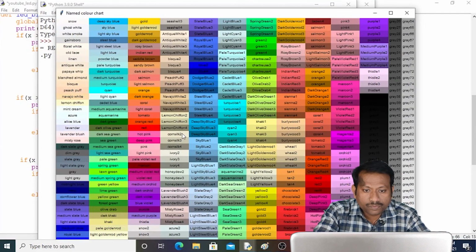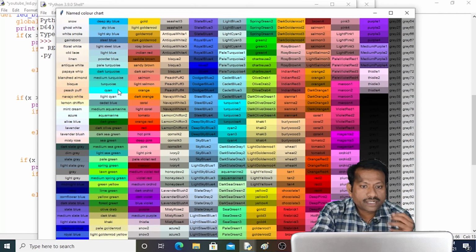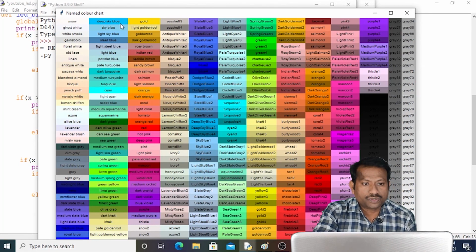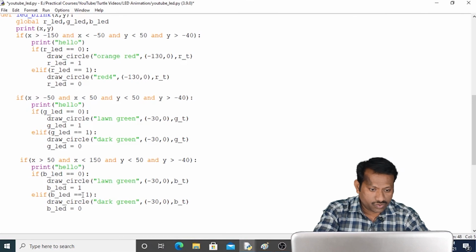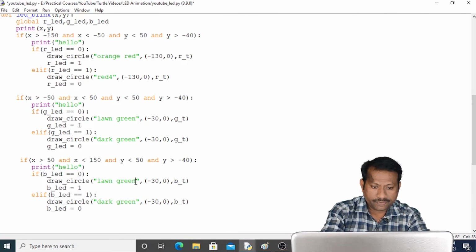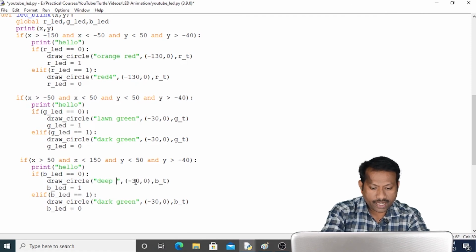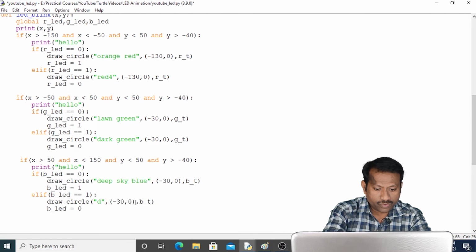Yes, so we have taken blue 4, and now it can be cyan, so it will show us that LED is on, or deep sky blue is also looking good. So let us select deep sky blue. Can I copy it? No, deep sky blue. The spelling I have to remember. So here I have to change it. It was DEEP, deep SKY, deep sky blue. I hope that I have not committed any spelling mistake. So here blue 4.